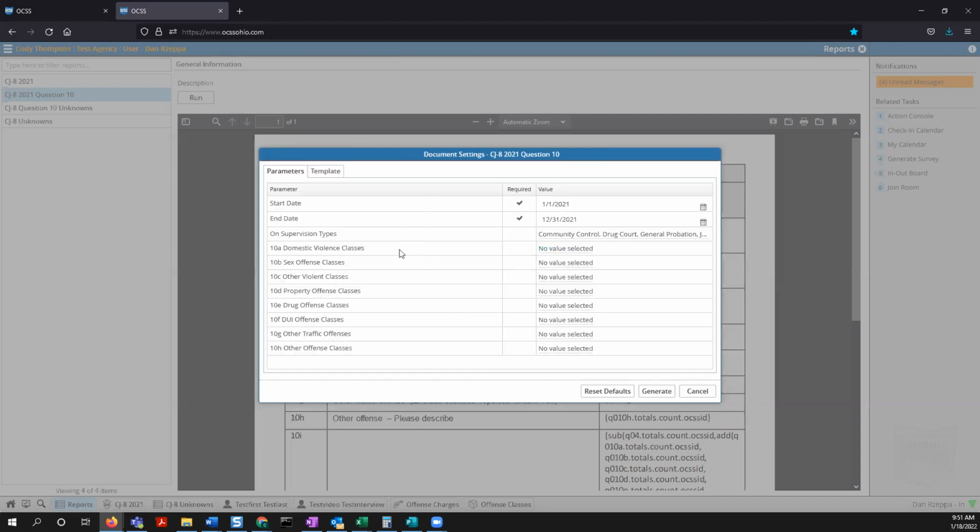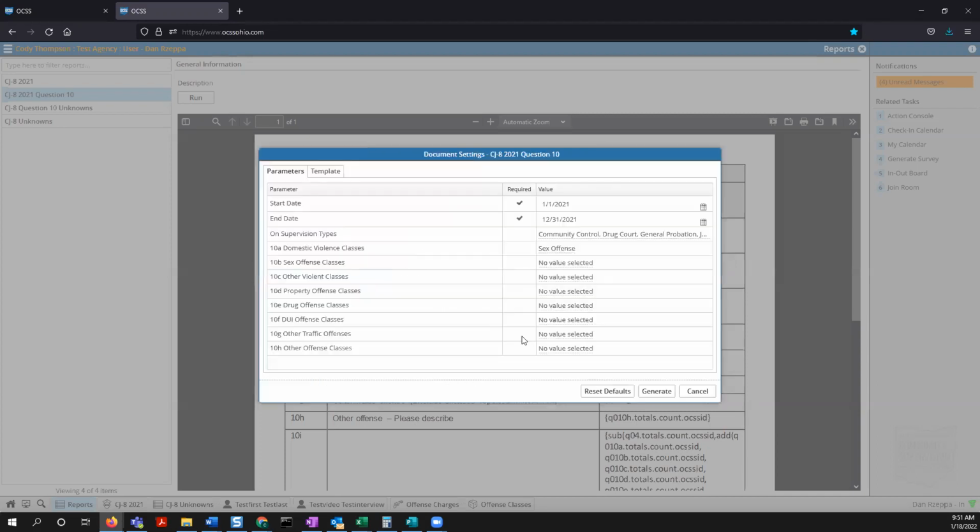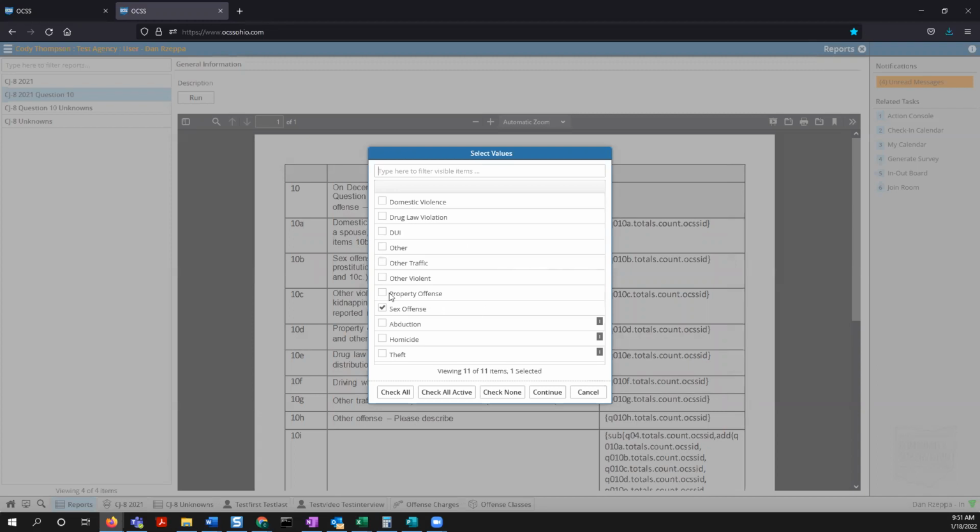And then for each question, for domestic violence classes, I select for my agency's offense classes which ones I want. And just like we did before, if I select sex offenses here, I cannot select sex offenses anywhere else. So this is actually a domestic violence. So I'll uncheck sex offenses,